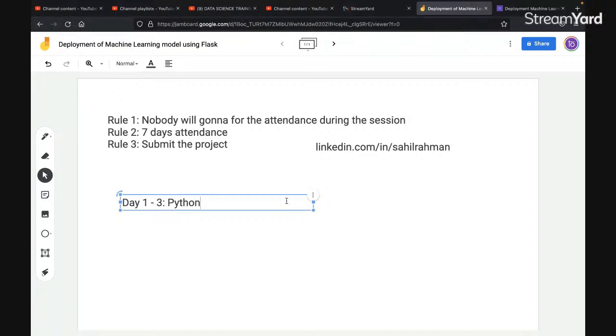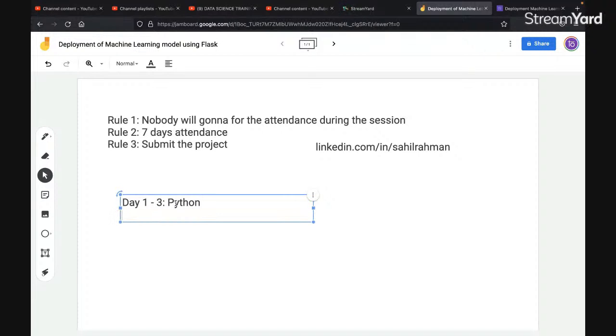The reason is that machine learning in Python is just a piece of cake. However, to operate machine learning, you at least need to know Python, right? So we are going to consume 3 lectures to understand the Python programming language.